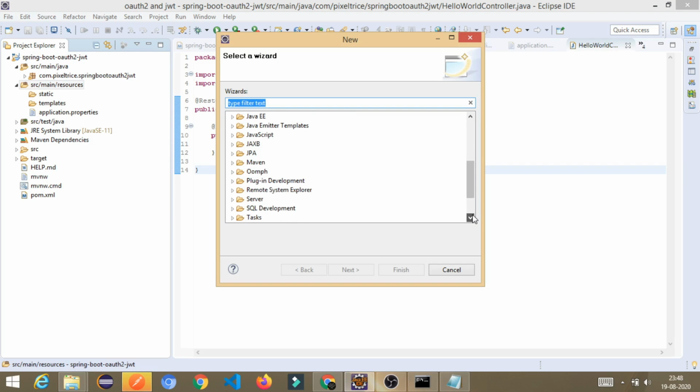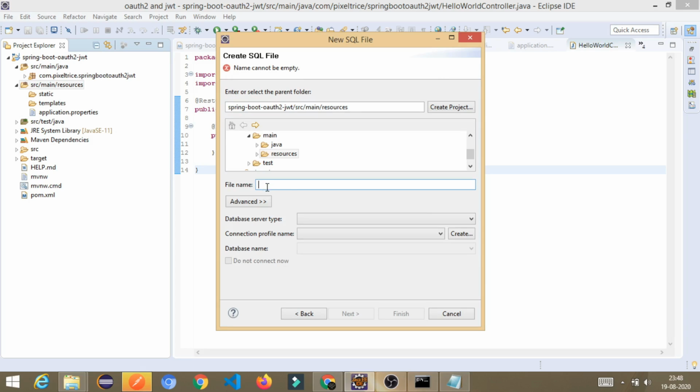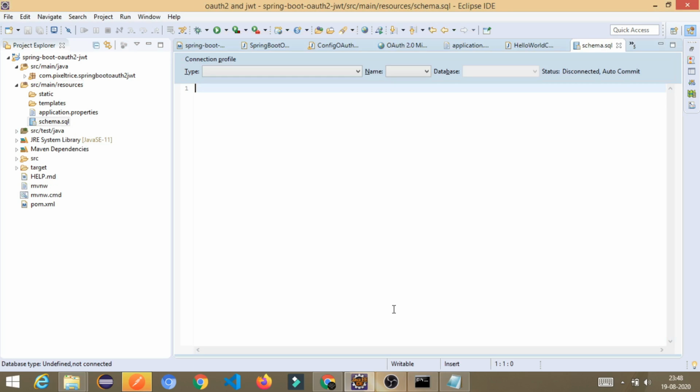You will see here SQL Development. Just click on that, you will get SQL file. Just double click, give the name of the file, schema. Okay, I'm giving schema and press Finish. See here, the file is created, schema.sql.